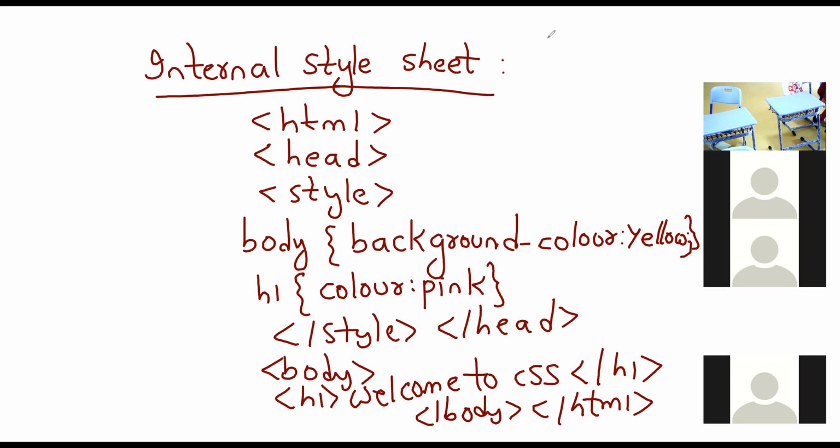Now see, this is an example of an internal style sheet. The internal style sheet should always be inside the head tag only, right? This is the starting of the internal style, included in the head tag only. Here the style closes, and the head also closes. So what are the effects given here? Can you tell me what the output will be?